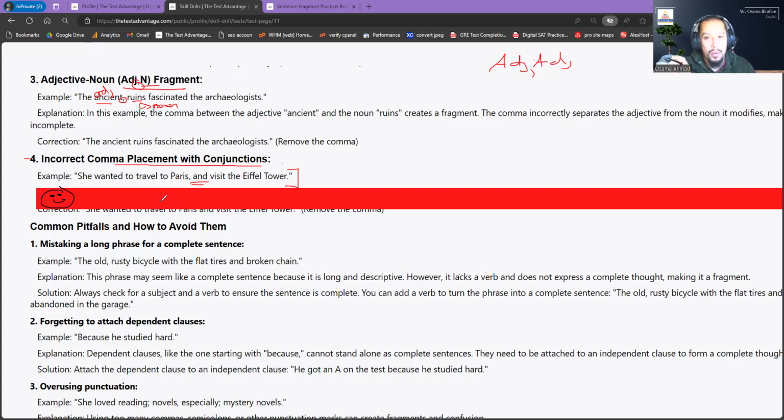And هنا, what does it do? بتجمعهم. بتجمع ايه بقى؟ In 2 sentences. No. Think again. بتجمع ايه؟ 2 words. Okay? ايه هم ال 2 words اللي بتجمعهم؟